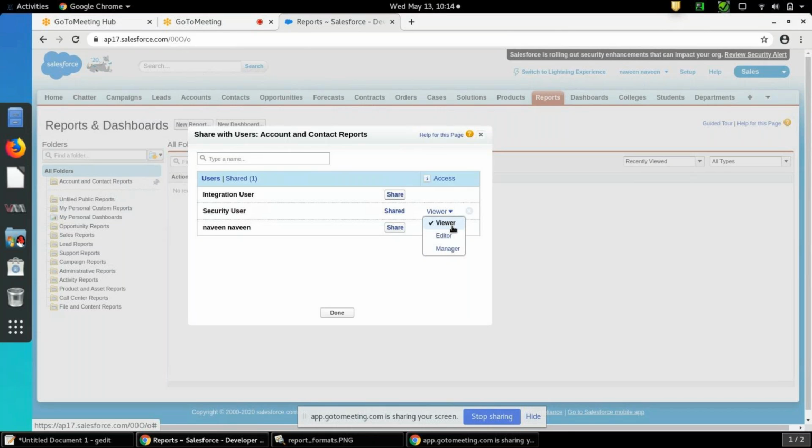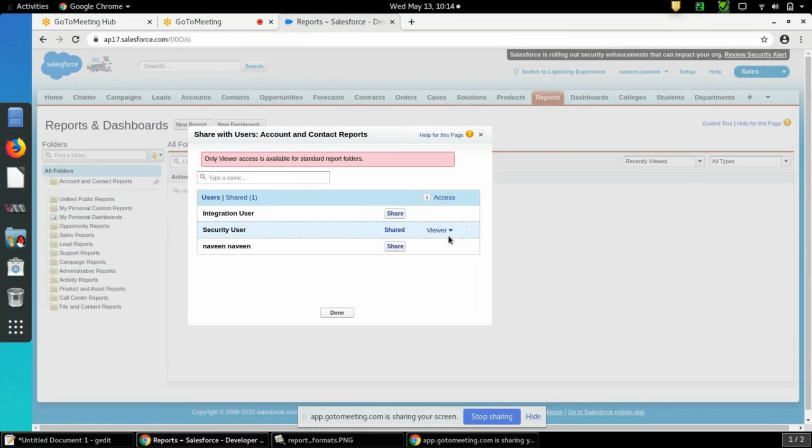Viewer is nothing but, if you give viewer access to this report folder to the user, he can only view it, he cannot edit anything. If you give editor, he can edit it. If you give manager, along with editing he can give access to other users on this. So you should be very careful with the manager permission.